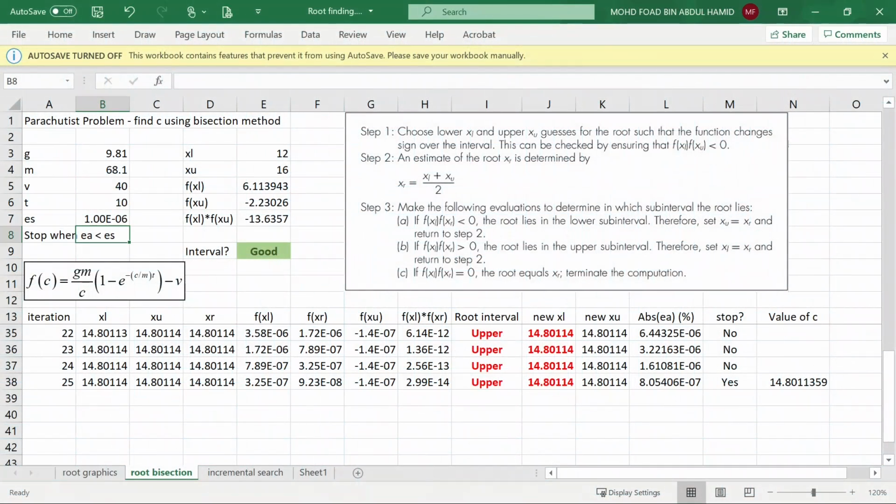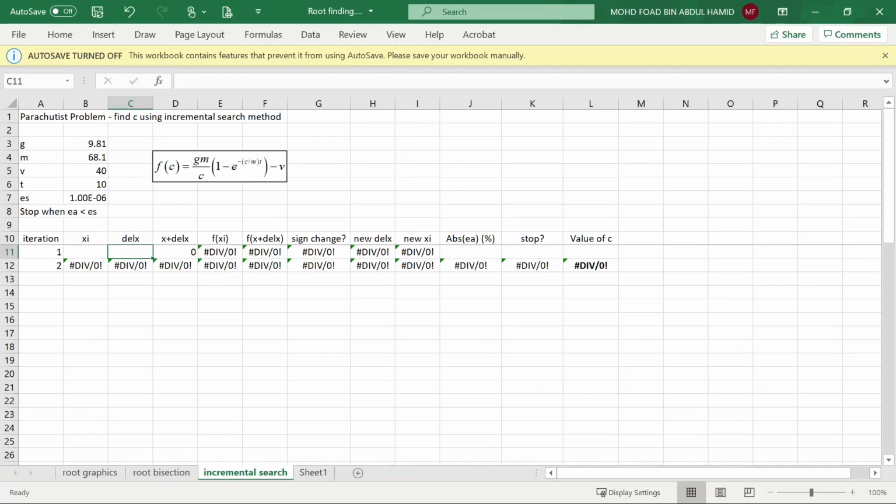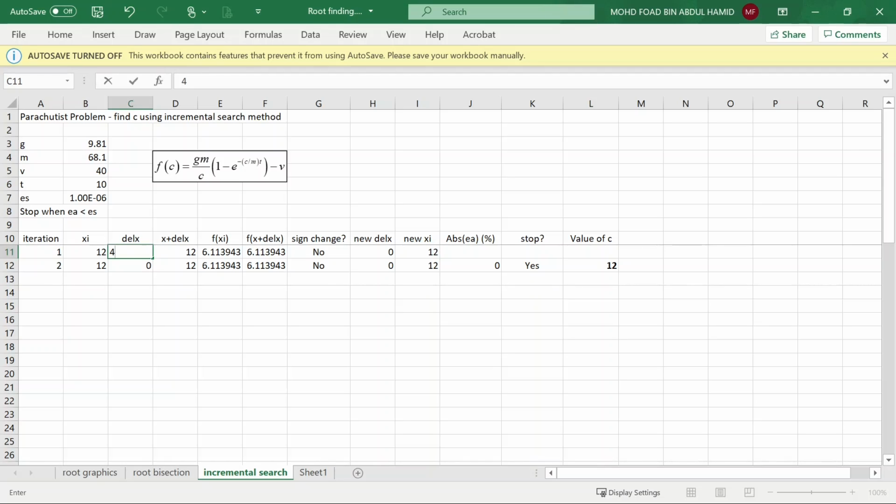Okay, this is bisection method. So let's try this one, incremental search method. What we want to do is our x1 is 12, and our delta x is 4, just like our previous example, which is bisection. So what we found is x1 is 12, x2 is 16,